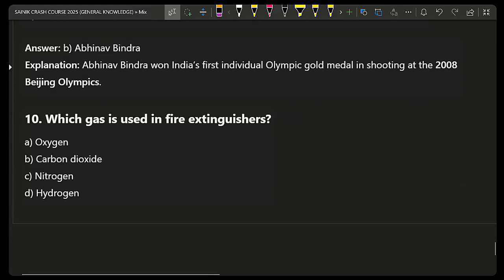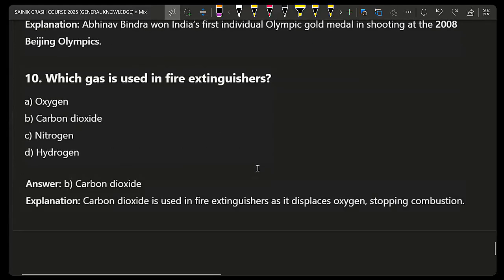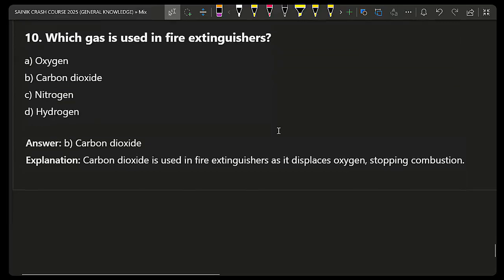And the poll completed. So very happy to see option A did not receive any votes because oxygen supports fire growth, combustion. Option C, 6 votes are received for nitrogen, wrong answer. 7 votes for hydrogen, wrong answer. And 10 votes, majority of the class gave the correct answer. Carbon dioxide is the correct answer. So how is carbon dioxide able to stop the fire growth or combustion? Because it has the ability to displace oxygen, which is the supporter of the combustion. So by displacing oxygen, it can be used as a fire extinguisher. So option B, carbon dioxide. Very good. And next question is,